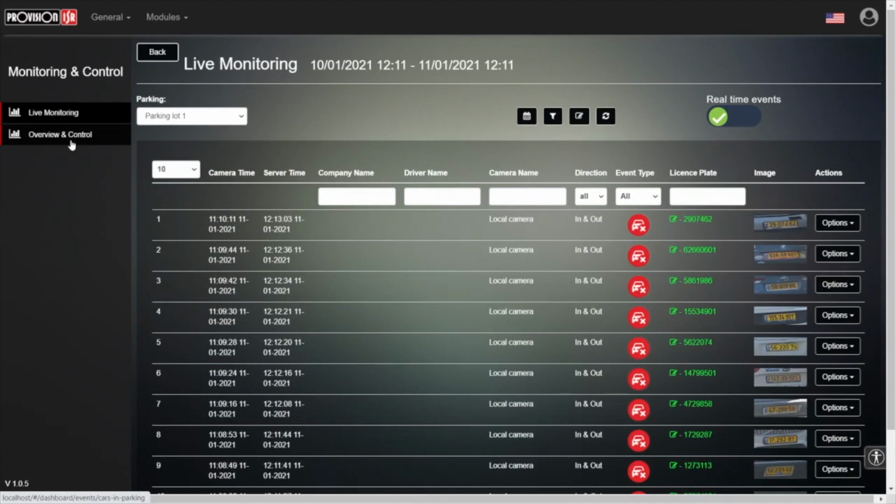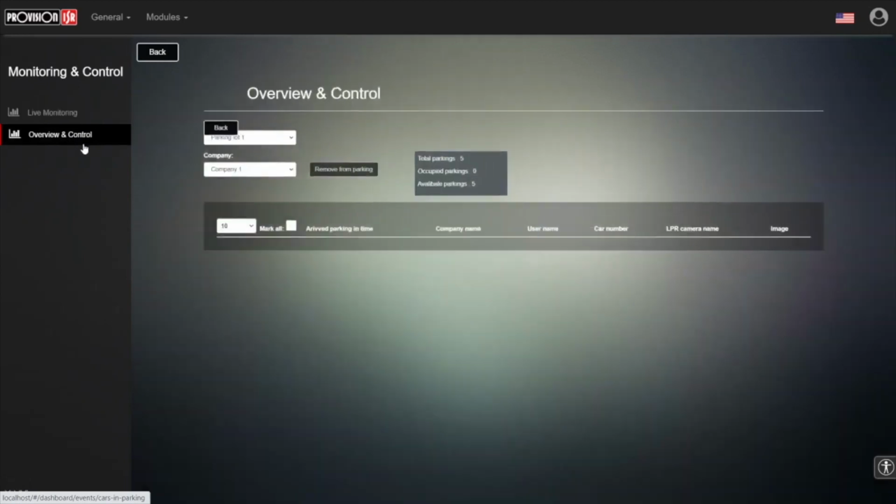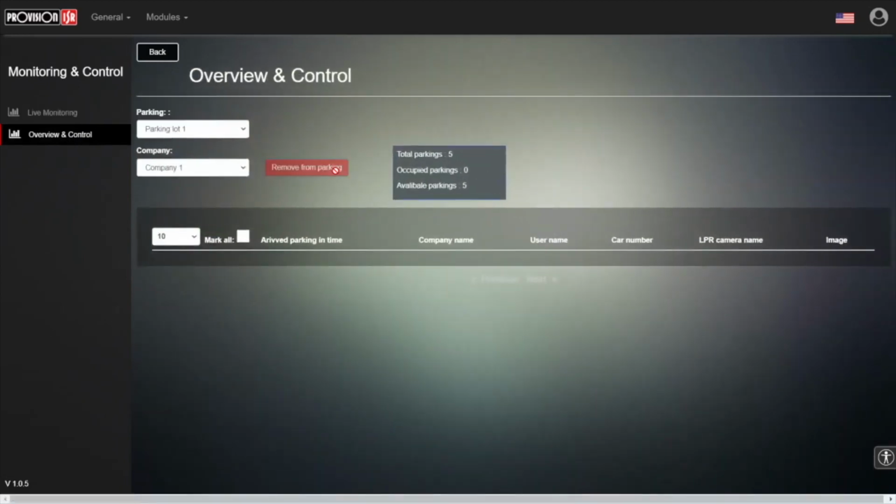Another thing that we want to do is to be able to have an overview on our parking lot. We have a parking lot with spaces, so we want to know how many spaces are taken, how many not taken. So how do we do it? We see here parking. We can see our parking lot, and we can see the different companies, company 1, company 2. For each company we assign different amount of parkings. Of course, this you can see in the later videos